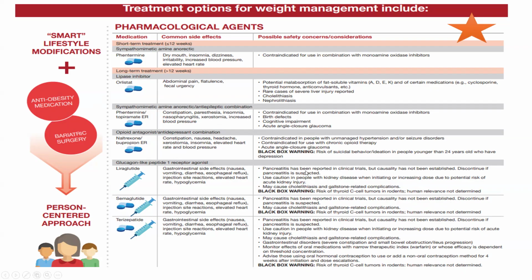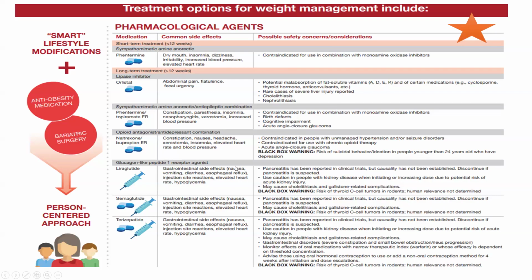Pancreatitis has been reported in clinical trials, but again, causality or whether it is a direct cause has not been established. So it's important to discontinue if pancreatitis is suspected. Then it may also cause cholelithiasis and gallstone-related complications. Again, a very, very rare side effect. In terms of the black box warning, there is a risk of thyroid cell tumors in rodents. However, no human relevance has so far been determined. So these are some of the things which we should keep in mind with our GLP-1 receptor agonist or the